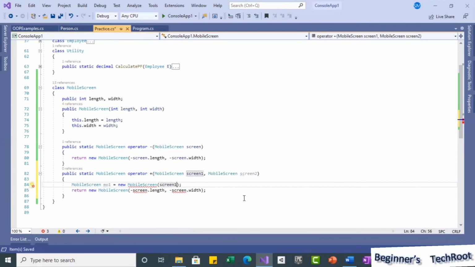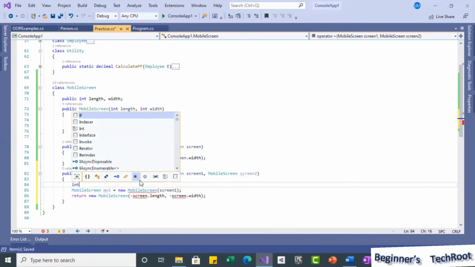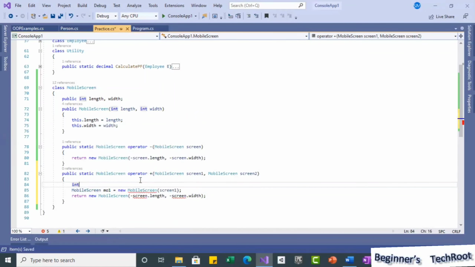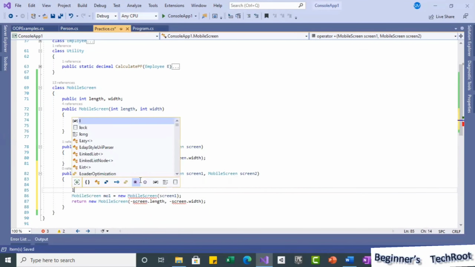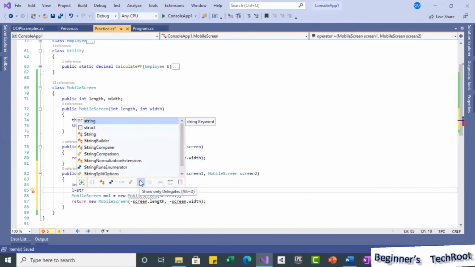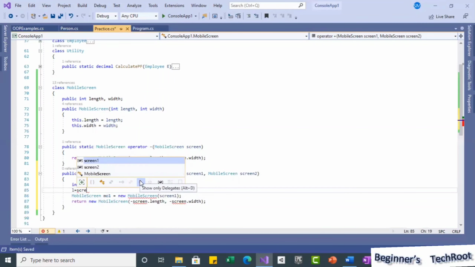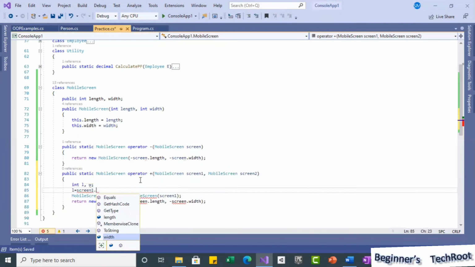To simplify even more, I will define two variables, int L comma W, then L equal to screen1, the first parameter, dot length.